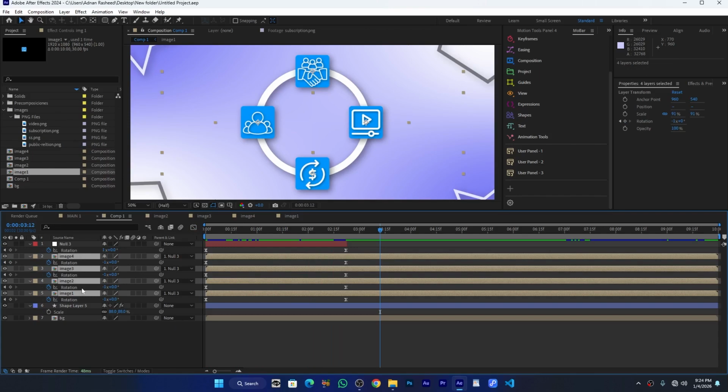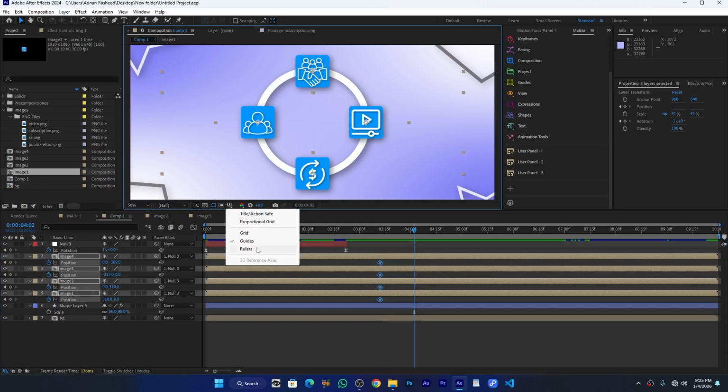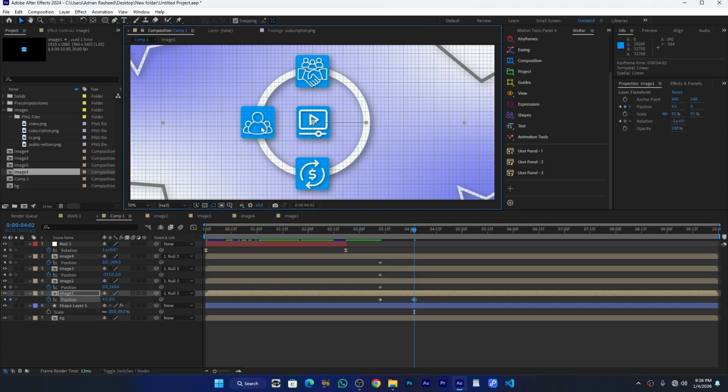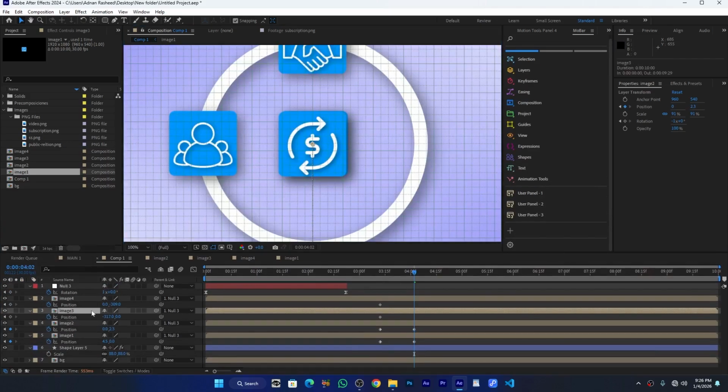Now, let's move on to the most engaging part. Select all image layers once more and apply position keyframes. Move the playhead forward by 10 to 20 frames. Enable grid and snapping for accurate placement. Let's reposition all icons to the center of the composition, ensuring they are precisely aligned within the middle of the